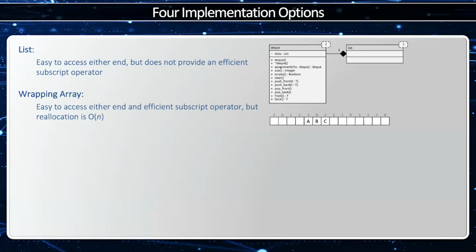The second is to use a wrapping array. And the wrapping array implementation can add elements to the end or to the front of the list. And if you get to the front of the underlying array, you just wrap around to the back. It's a little tricky to maintain the indexing schemes of both the array and the Deque, but it's certainly an